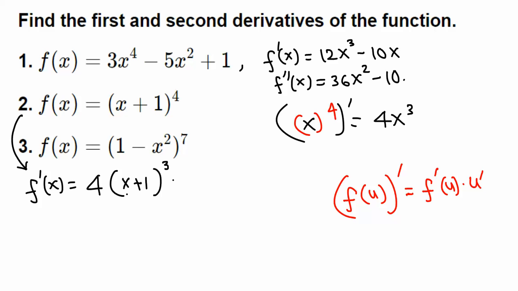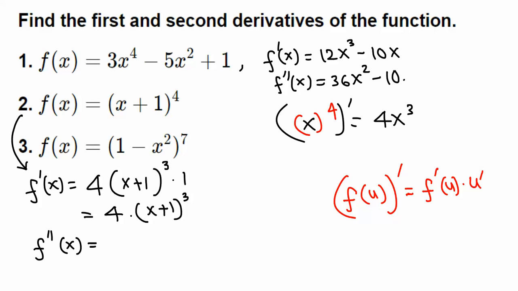times derivative of the inner function from the chain rule. Derivative of x is 1 plus derivative of 1 is 0, so 1 plus 0 is 1, and times 1 does not count, so this is pretty much 4 times x plus 1 cubed. That's the first derivative. Now we want to find the derivative of this, the second derivative of the original